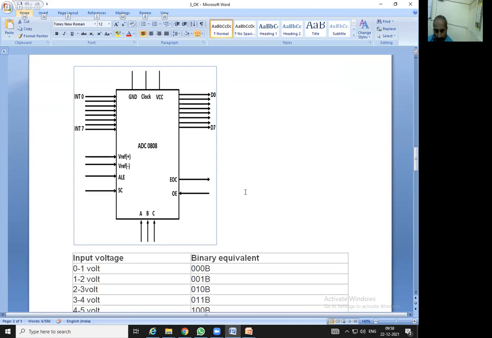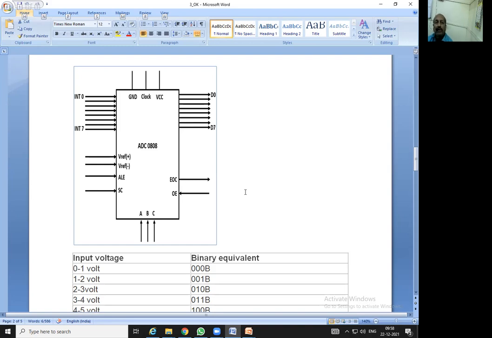The digital form has a number of outputs. As you can see in this block diagram or symbol, IN0 to IN7 are known as channels. So this ADC 0808 is an 8-channel analog input IC.